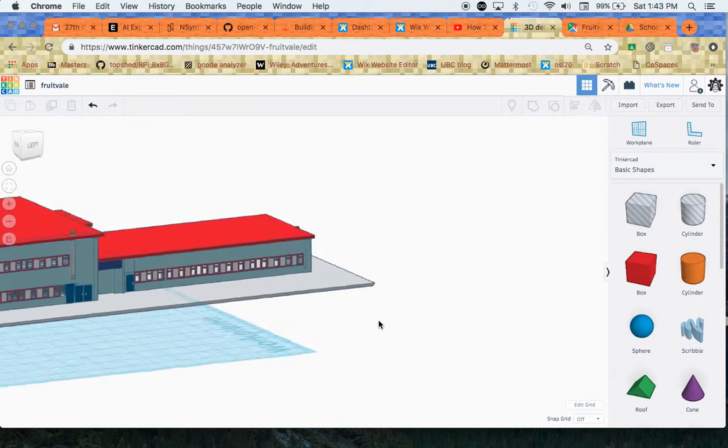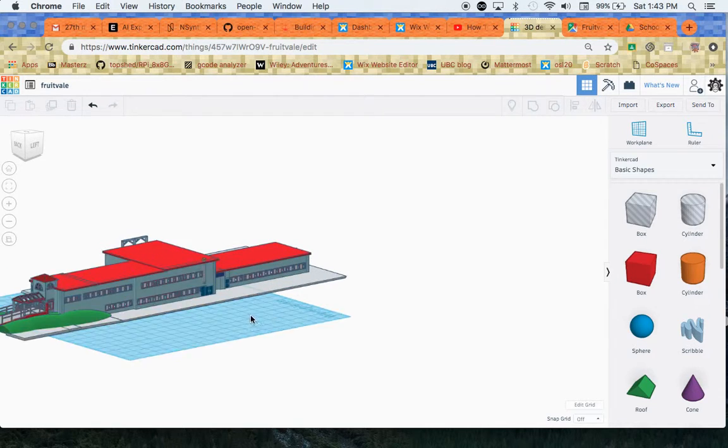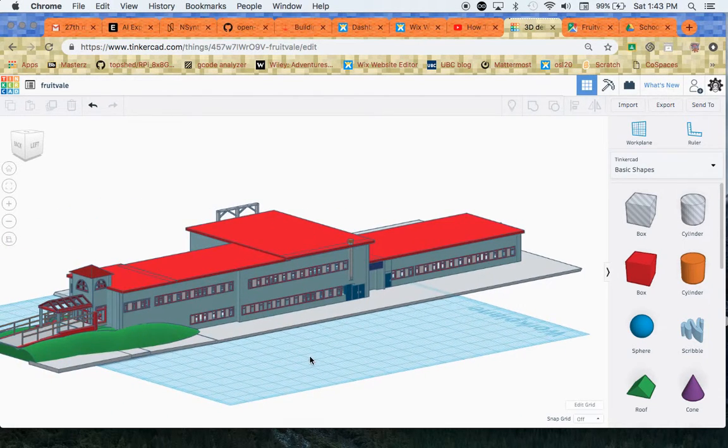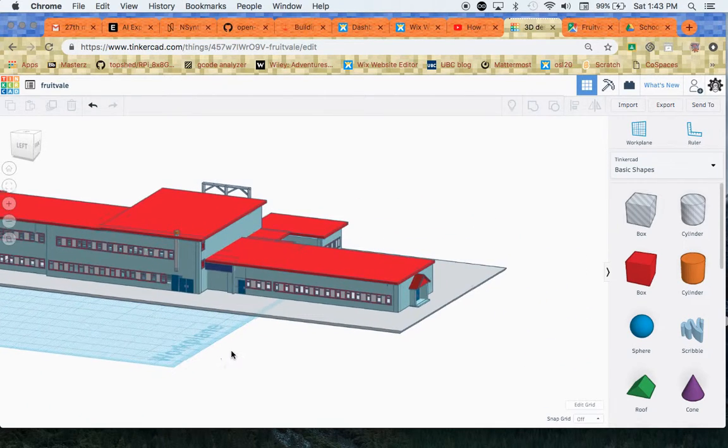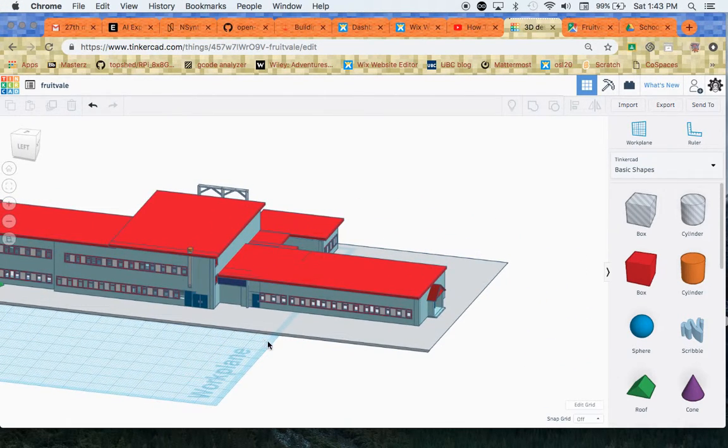Now I actually have the completed school here, just as a reference model to kind of look at. You won't have the reference model for your school, but I just wanted to show you, just have this in the background. So what we're going to do is bring out a box, place it down, and